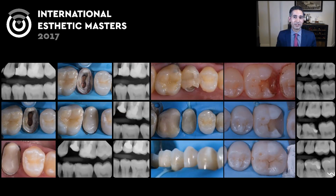For posterior, this is just some of the work that I do and post a lot on Instagram showing cases, but posterior biomimetic dentistry is all about, again, adhesion, saving teeth that would often be unrestorable, preventing root canals when possible, and also preventing posts, because the whole concept of adhesion replaces a lot of the need for mechanical retention, actually all of the need for mechanical retention. So we're going to get into how we need to utilize adhesive dentistry to replace a lot of the traditional